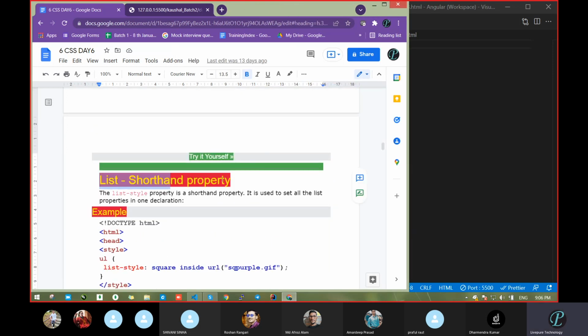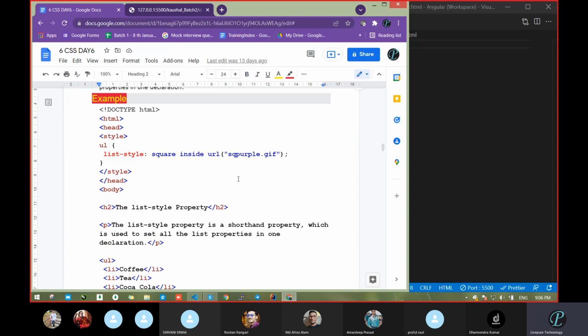These are just basic things. Now the shorthand notation of the list. Let's see what properties we have used, and you have to tell how list style is written. We removed the position, marker, list style type, list style image, because when we write shorthand like border-left, border-right, we remove left and right and pass just border. Same here. List style, and after this, square. What will it do, Shweta? Square.